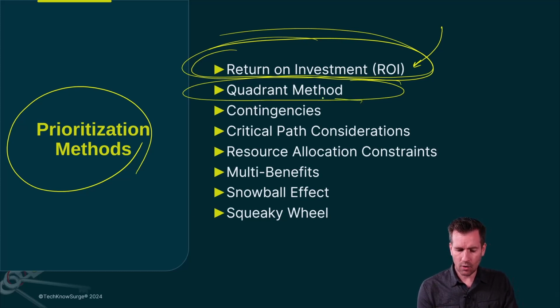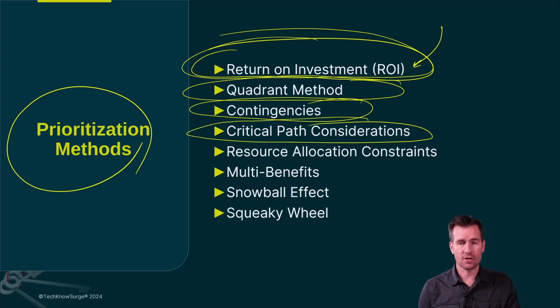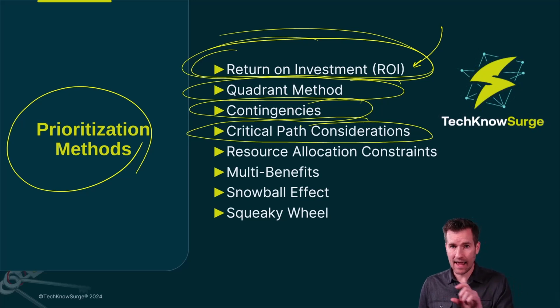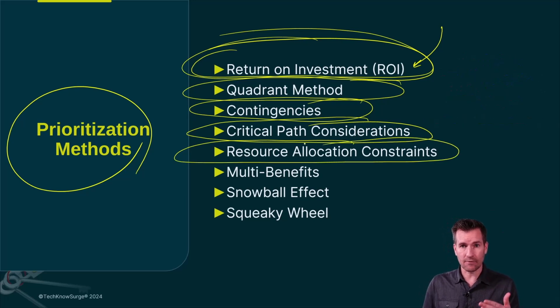Also, sometimes I'll rearrange the order based off of contingencies. There are some contingencies which require certain things to be done in certain orders. Or there's also something called a critical path. And so you may take that into consideration and have to shuffle things around. There are also some resource constraints that might make you shuffle things around in a different order based off of what resources you have available to you. Specifically, I'll say the talent that you're using, the employees that you're using and what they specialize in.